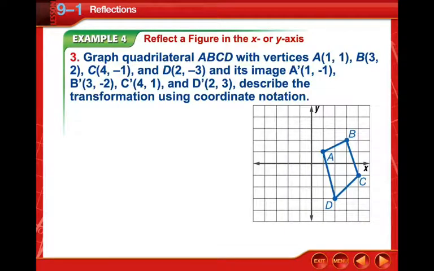So here is an example of that. We want to reflect this figure across the, actually, it doesn't say where, we don't know which one is reflecting. So we kind of have to look at what's happening, right? So A to A prime,